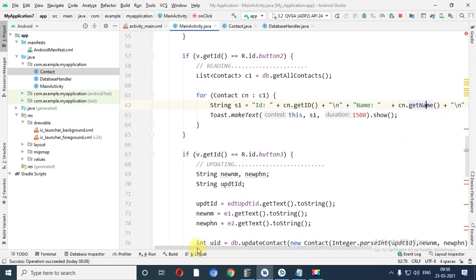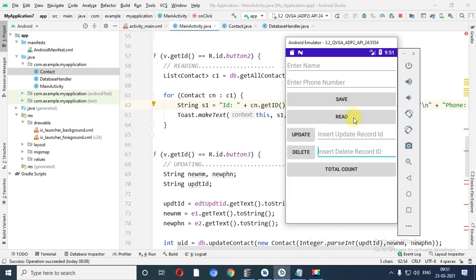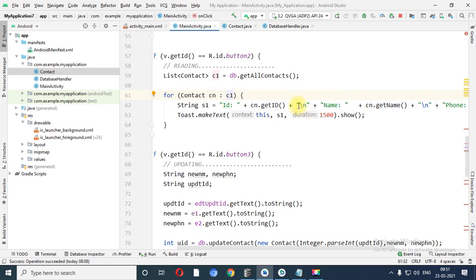Similarly, again loop is executed and it will move to the next row, that is 2 Krishna and 1, 2, 3 record, right? So 2 Krishna and 1, 2, 3 is printed and it displays on a screen. S1 is a string variable. Over here concatenation I have performed, right? So 1 Radha and contact number, right? So in this way data is executed.